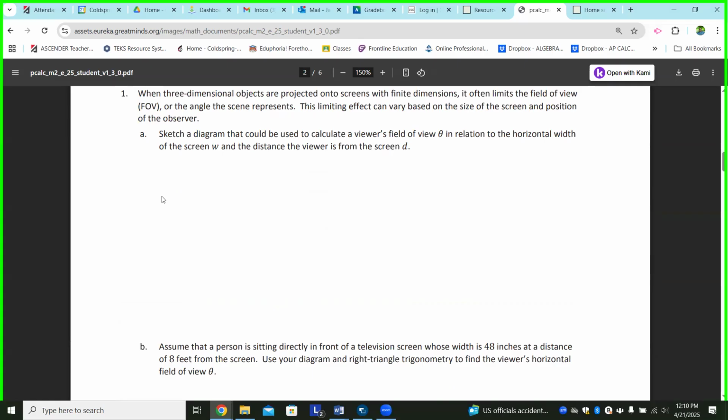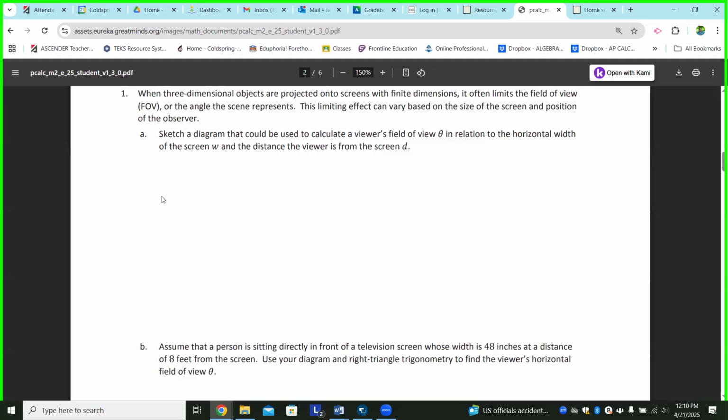We visually see it differently. We'll pretend that that person was directly in the middle of the screen, but you could be on the right or the left, and we would see, well, the vectors that help us see it would be different for our location. Part A just wants us to sketch a diagram that would be used to calculate a viewer's field of